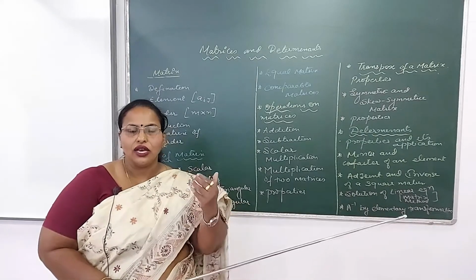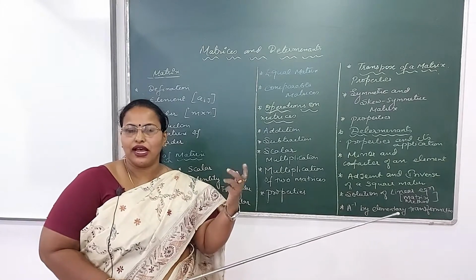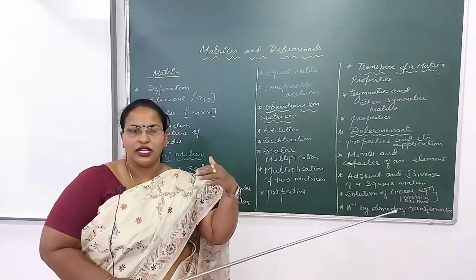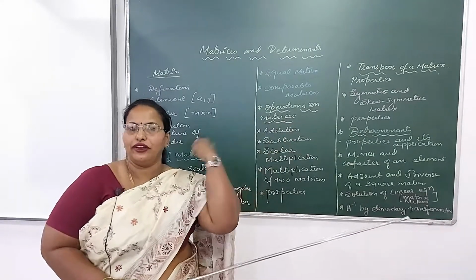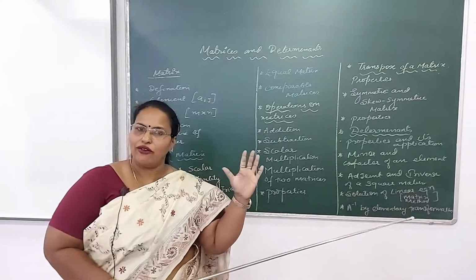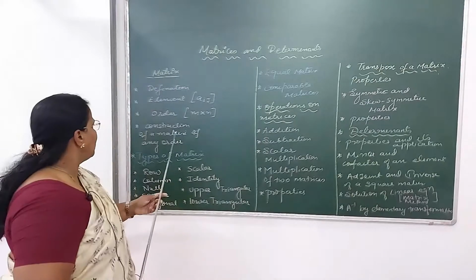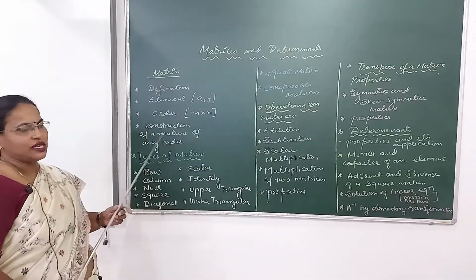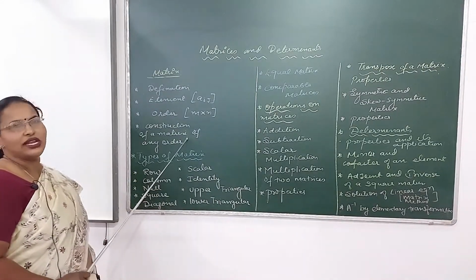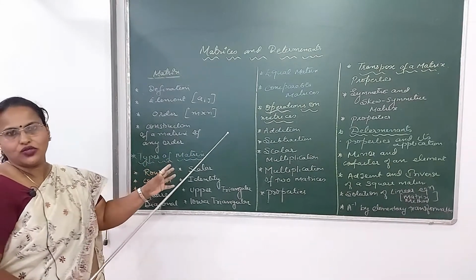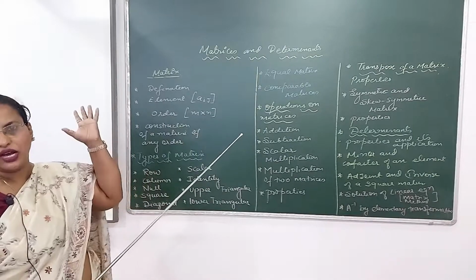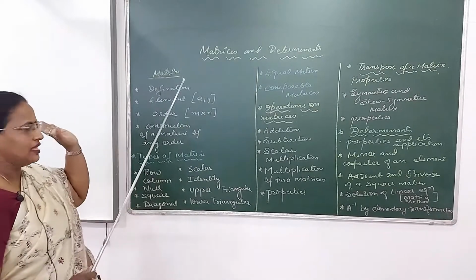So how to start? You will start with the very first element, and what will be the element? A11. Then the next element will be A12, and that way A13, A14, in that way you will be moving. So I have already explained this. So the next was the construction of a matrix. Now based on this, definitely you can expect a question in the board examination that construct so and so matrix whose element is given by the formula. So that way I have explained this also.